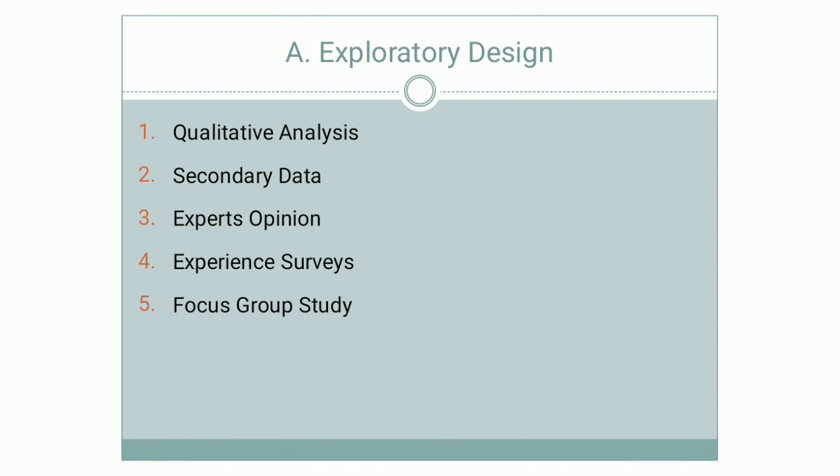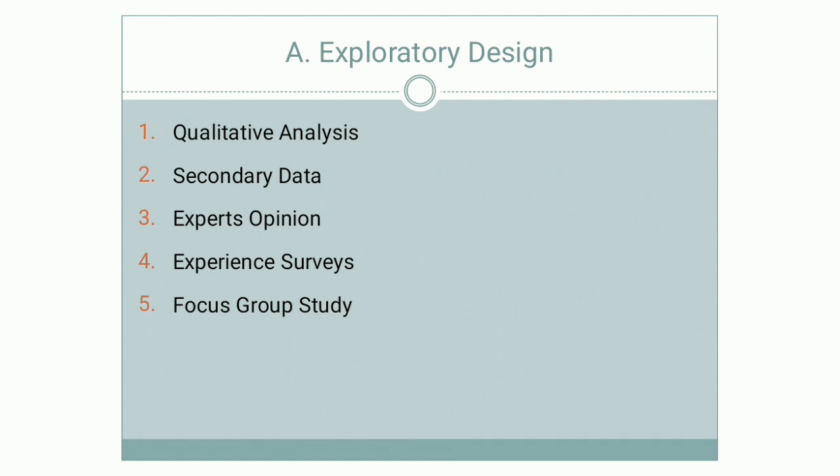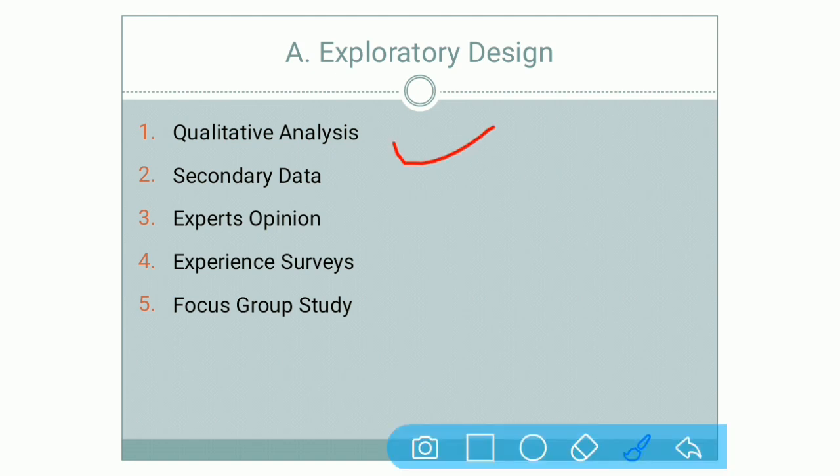Now, how exploratory research is conducted? So there are 5 types of this exploratory design. So let us understand it. Under that, number one is qualitative analysis. Now what is qualitative analysis? That is, you want to get the information here. आपको information चाहिए, but how you have to collect the information related to a particular problem. So you can say that it is collected by informal methods.